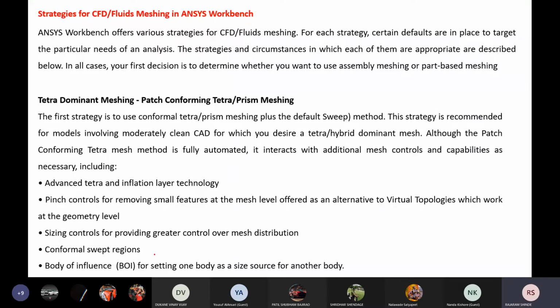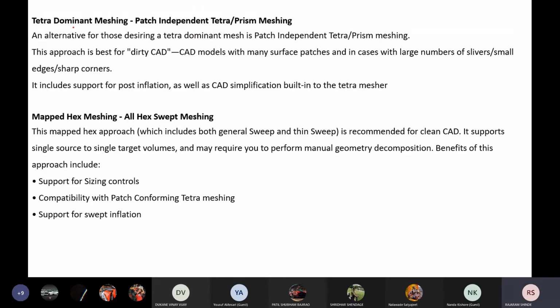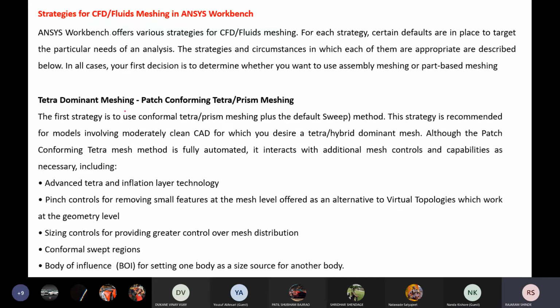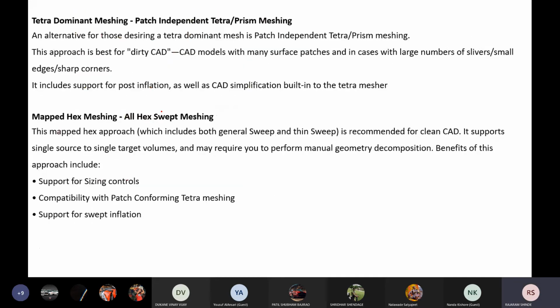Now that everything I will show you: advanced tetra, inflation layer technology, pinch control, what the pinch control is and how it is used in meshing, size controls, how you can control the size of distributed elements. Conformal sweep regions, body of influence for setting one body as a size source for another body. Okay. Now tetra dominant, here this is patch conforming and this one is patch independent. These two I will show you, what is patch conforming, and what is patch independent.